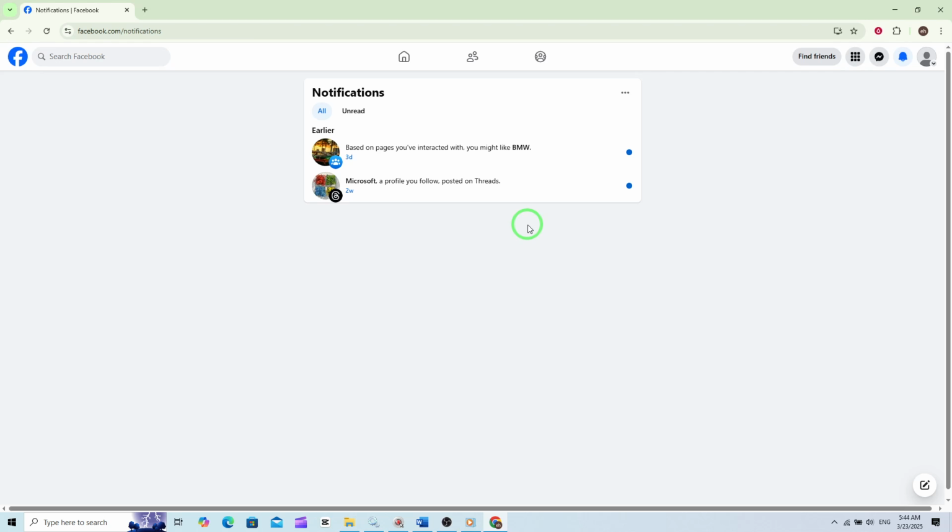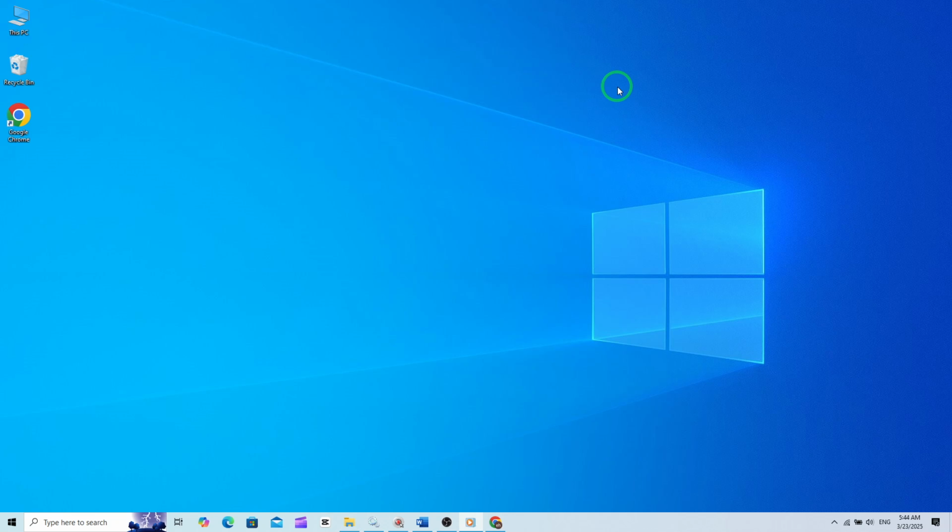And that's it. By following these simple steps, you can easily stay updated with everything happening on Facebook from your PC. Whether it's a new friend request or an update from a group you follow, all your notifications are just